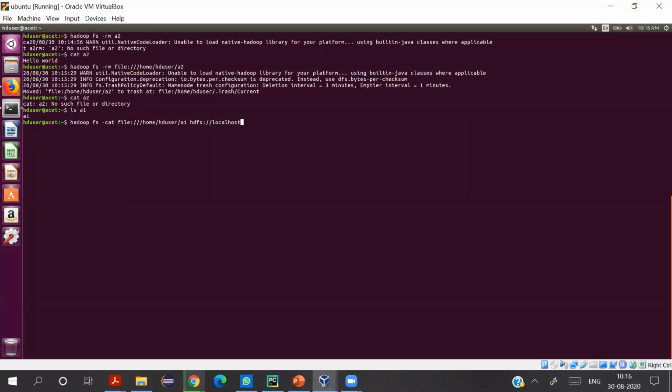So localhost colon 54310. This we mentioned in our configuration. And below that we have the A2 file, right? Below the root we have the A2 file. So this will list the contents of A1 and A2. So A1 from your local file system and A2 from your distributed file system.